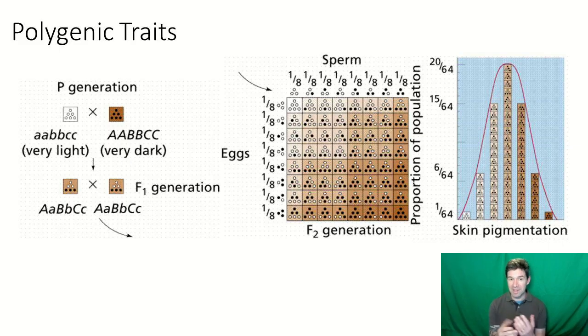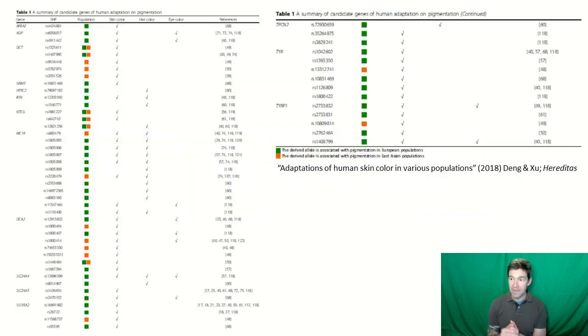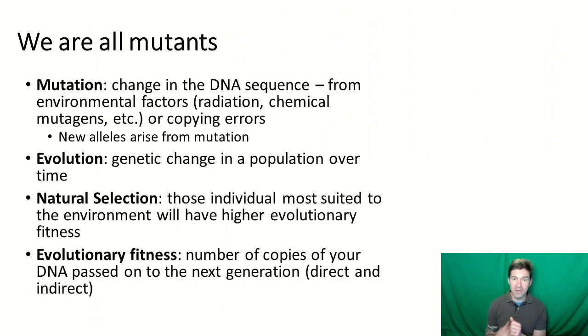So if we think about something less complicated, but still pretty complicated, skin tone as opposed to sexual development, we can see that many genes contribute to that, and that allows us to see a huge range of skin tones. So this is from a more recent paper, Adaptations of Human Skin Color in Various Populations, looking at a bunch of those different loci, so a location of a gene, and looking at the different alleles or the different versions of those genes that contribute to skin tone. So you can see we're finding more and learning more about what all contributes to that one characteristic that is so obvious, right? But just one little part of the human phenotype.